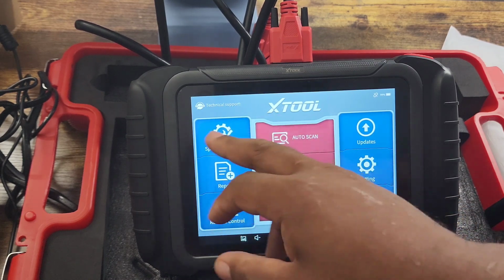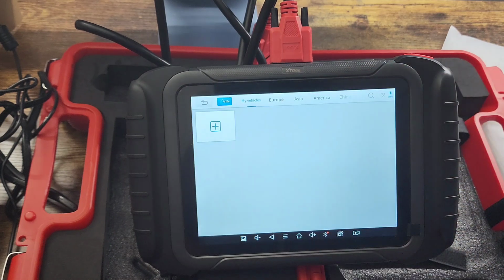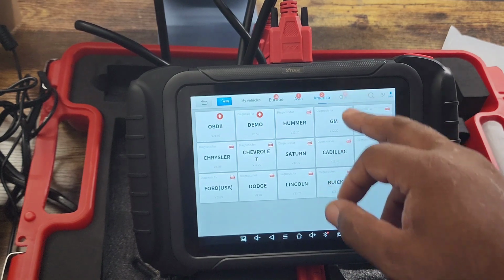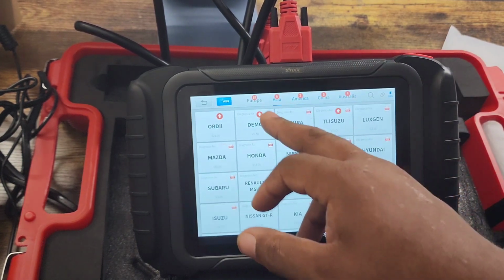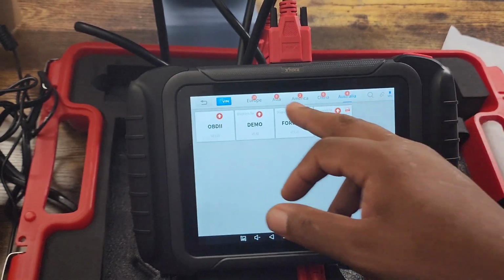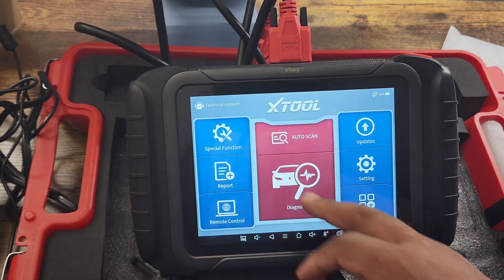Okay, so we have that. Then we have auto scan, which auto scans the car. Then we have diagnosis. These are the different car countries: America, Asia, Europe. They got some Chinese vehicles, some Australian vehicles also. Okay, then we have